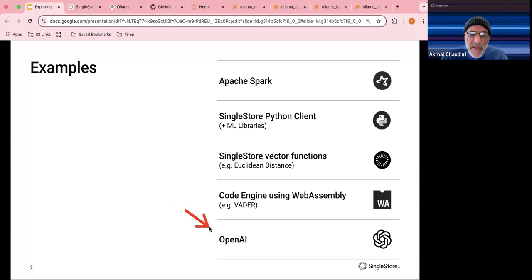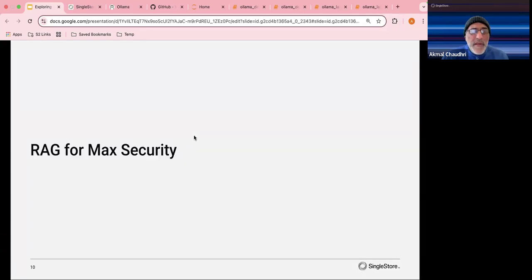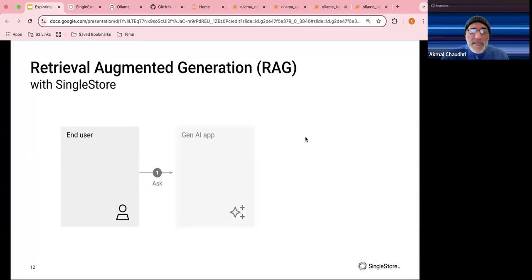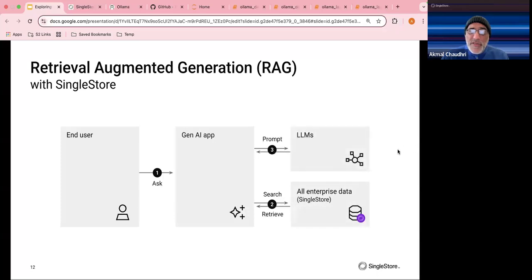OpenAI is just one of the LLM providers that we work with. They are a partner. Okay, so just some examples there for you to think about. So one of the things that I think a lot of organizations currently today, and I'm sure you've come across,